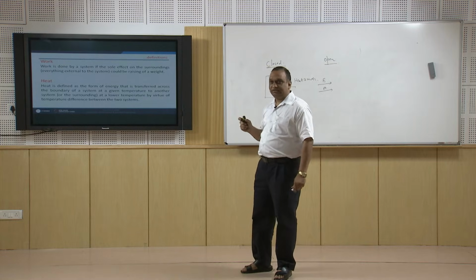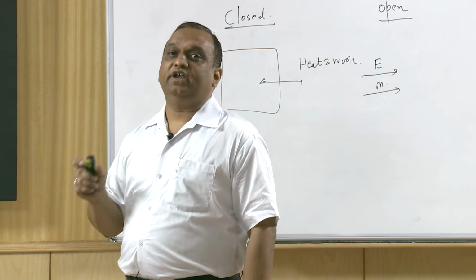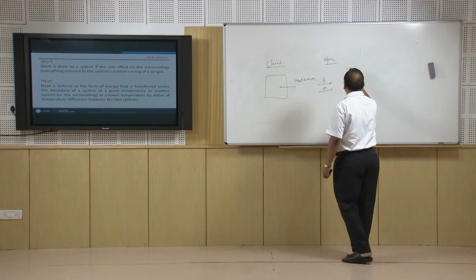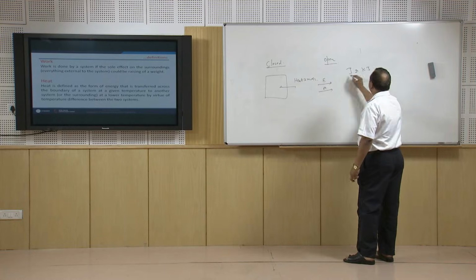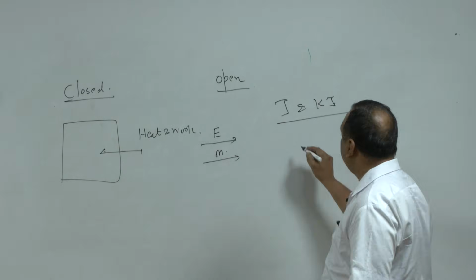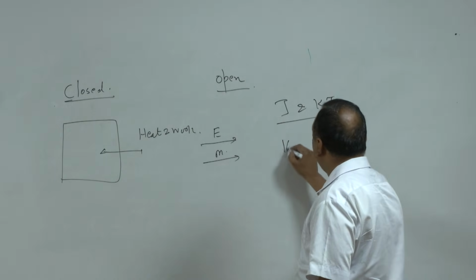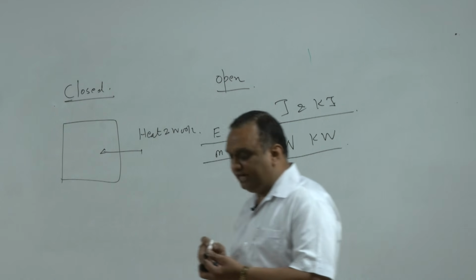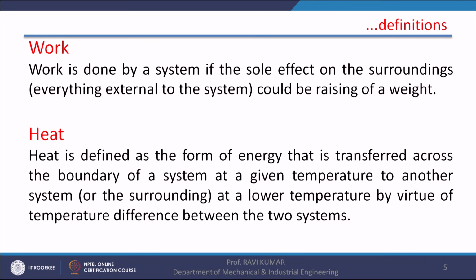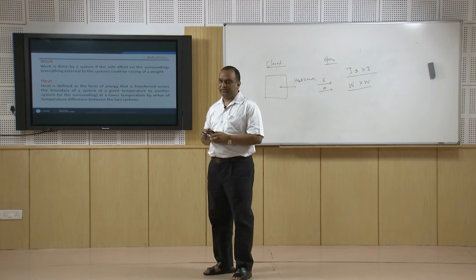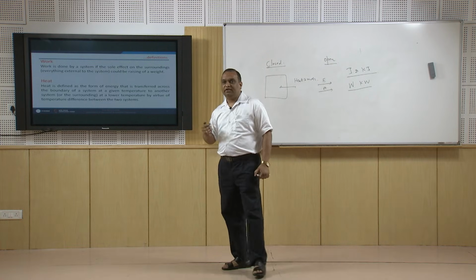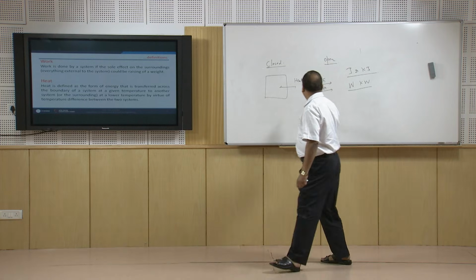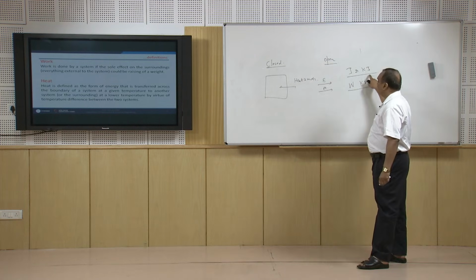In engineering practice, we deal with engineering heat transfer, because we do not deal with joules and kilojoules. When we say heat transfer, it is in terms of watts and kilowatts. So, we are more concerned with the heat transfer rate in engineering practice rather than the heat itself. Whenever we say there is a heat transfer, it means there is a heat transfer rate, or transfer of heat in the form of joules and kilojoules per second.